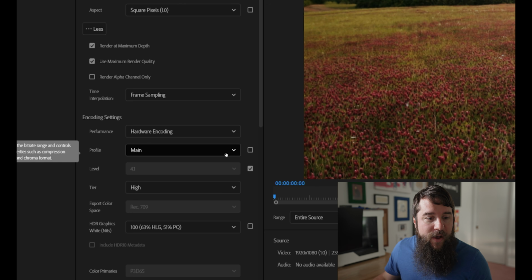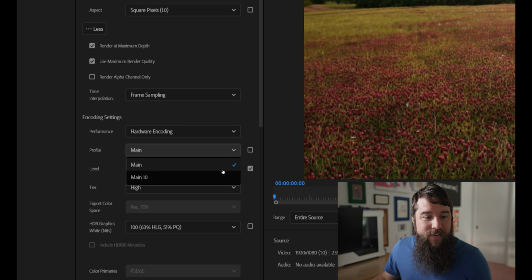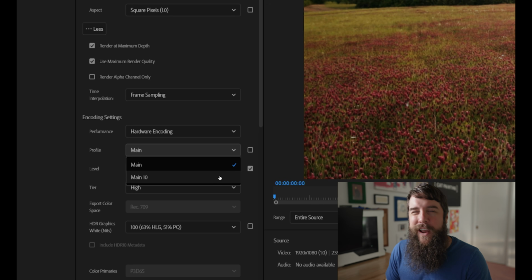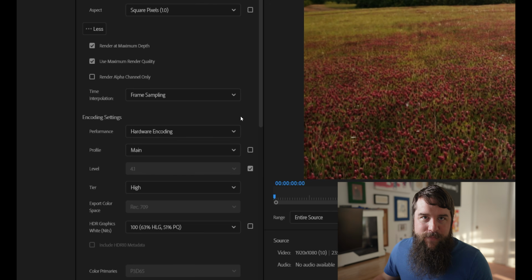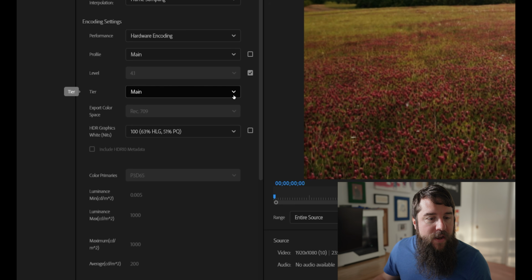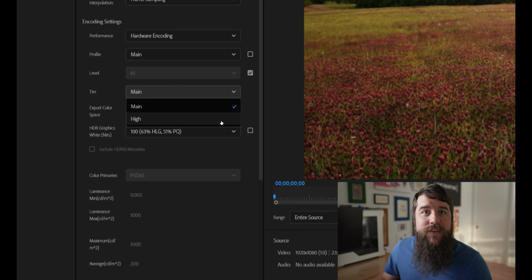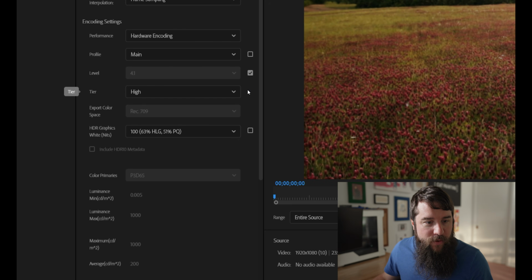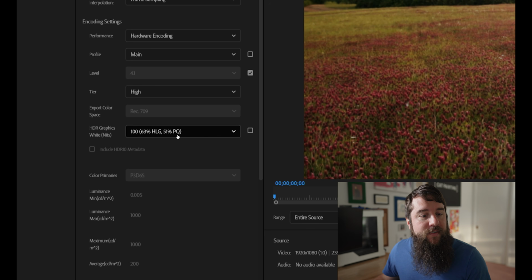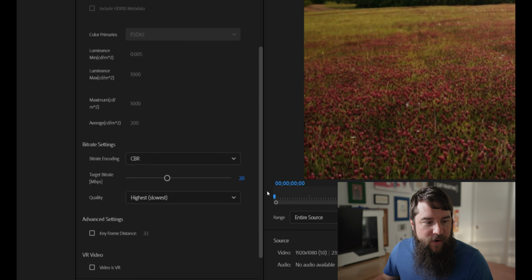Next, for profile, set it to main. There is an option for main 10, but unless you're exporting your video in HDR, which is a much more complicated workflow, 99.9% of people are just going to want to export using the main format, and you're going to be good. For level, leave it at 4.1, and for tier, you're going to want to hit this drop down and change it to high, which is going to unlock your bitrate and enable you to export in even higher quality. Lastly, for HDR graphics, white nits, make sure it's set to 100, and let's scroll down here to the